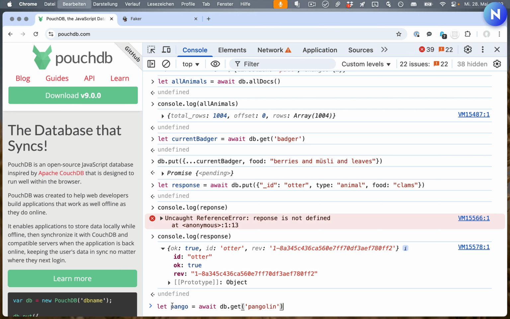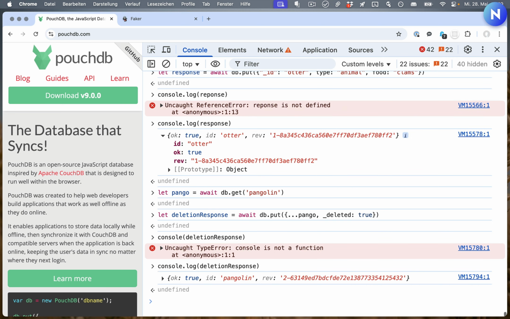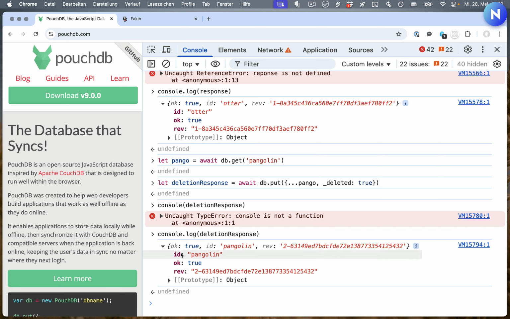So first, let's fetch our pangolin. We put the pangolin back, but we add a key, _deleted: true. We can see this looks exactly like what we got back from every other put. So CouchDB at this point doesn't really care whether it's a deletion or an edit. It's functionally the same. Where it's functionally not the same is you can't undo this just by setting _deleted to